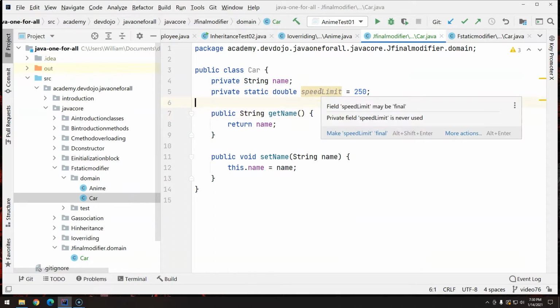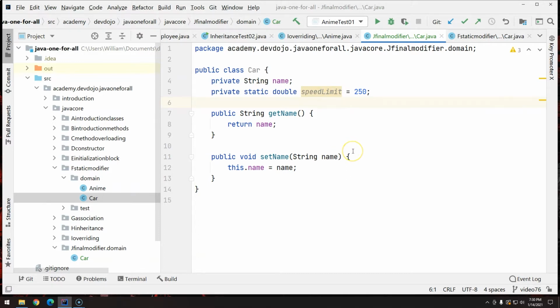There are some attributes that sometimes you want to have the same value forever. You don't want the value to change. This means that that specific attribute is a constant. So after the object is created, it can never change. Now, how can we do that? First, let's remove this static, because the word that we are looking for to make a variable a constant is